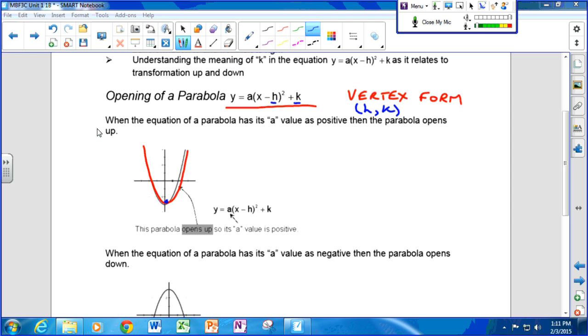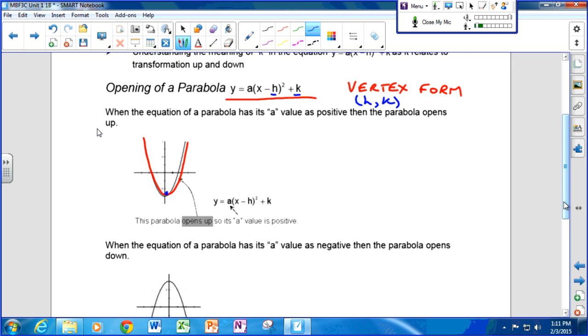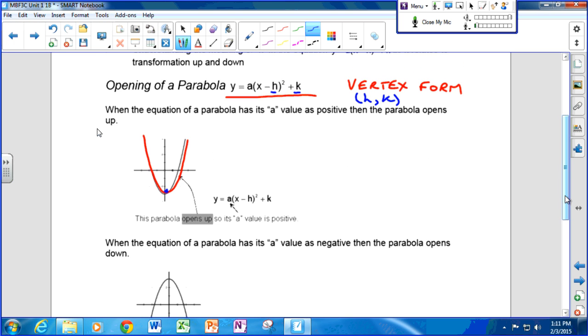Okay, that little blue dot I made was supposed to be right at the vertex. So if you look at the first parabola that's shown, it looks like an egg cup, doesn't it? Sort of an upside down curve. So that's pretty much what a parabola is going to look like, depending on the values of a, h, and k. They determine its shape, but also its position and orientation on the graph. So we're going to look at each one of those values.